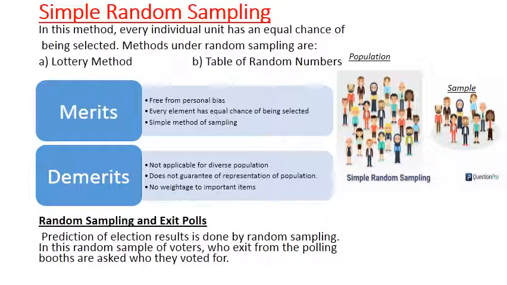The sample is selected randomly, so it does not guarantee the representation of the population. It does not mean it never represents it. It is not always a good method, but there is a possibility, because when you are selecting randomly, you are selecting elements from the population. I have given you a simple example a number of times.